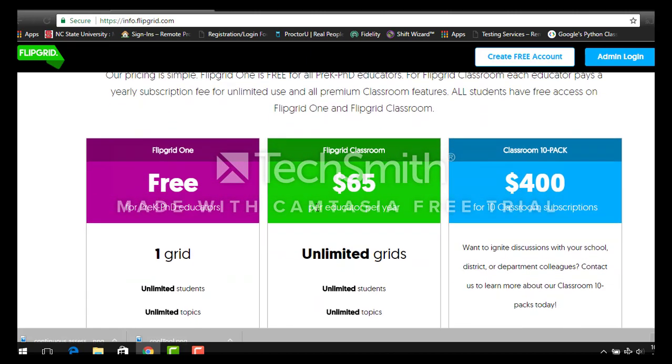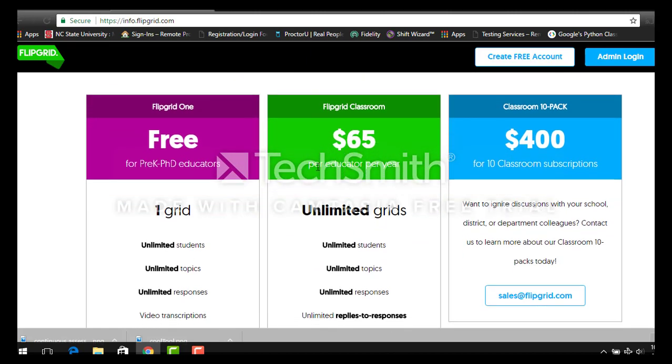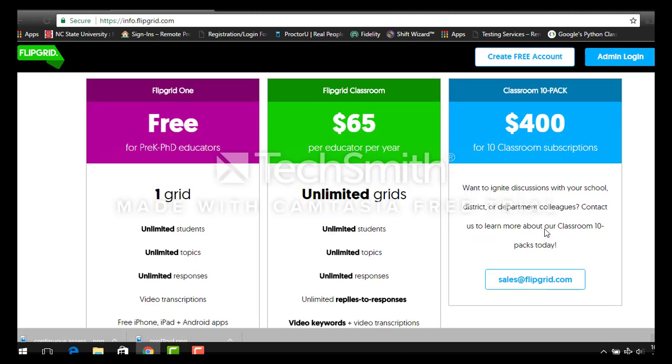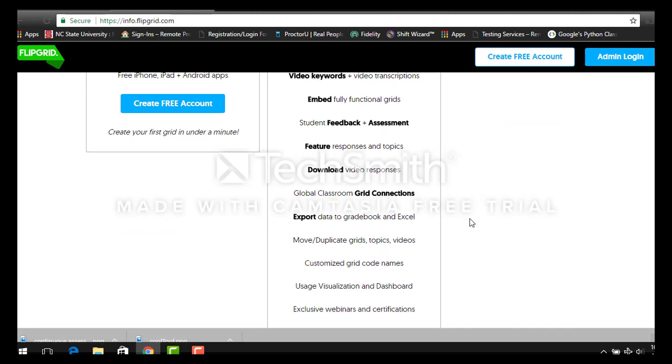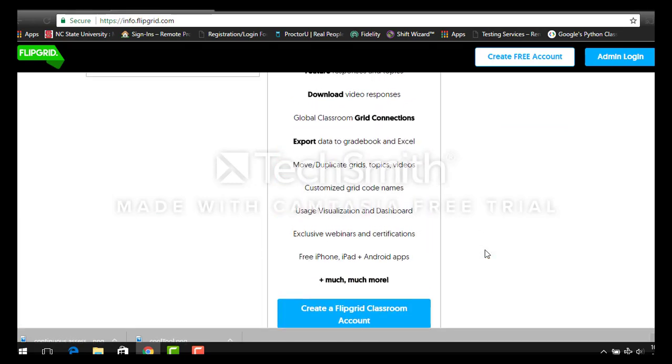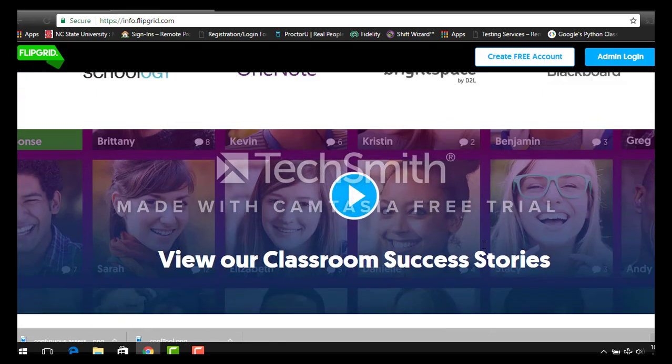If you really did like the tool and wanted to have unlimited access, you have the $65 option. And then probably if you're an administrator looking to purchase this for your school community, you can buy that Classroom 10 pack. But from here, we'll just go ahead and log in and get started with creating our